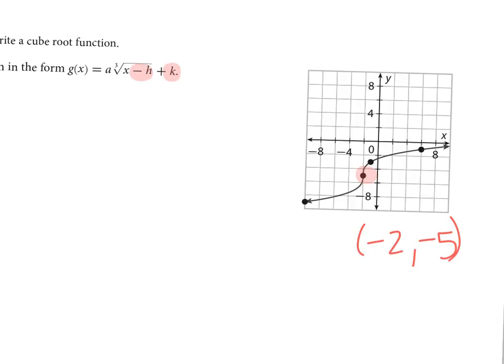I have a couple other points that I can pick from. I'm going to pick this point because it just looks a little bit better. The numbers do to me, at least. I can see for sure what they are. It's not in the middle of the graph. I like it a little bit better. So that point is going to end up being my g of x and my x, which would be the ordered pair 6, -1. So when I go to plug stuff in, I have -1 equals